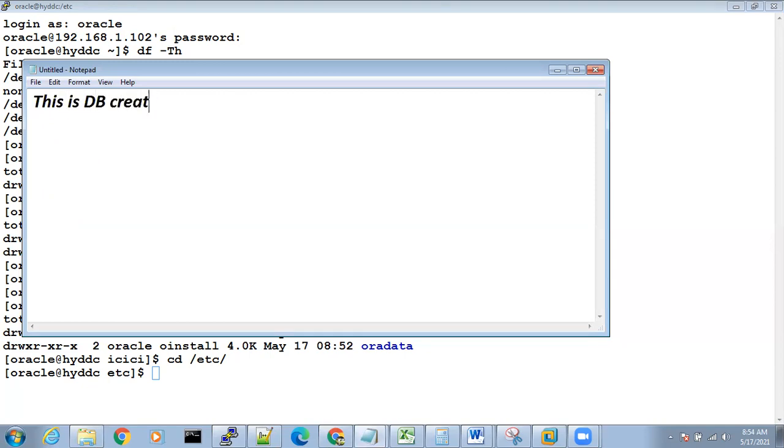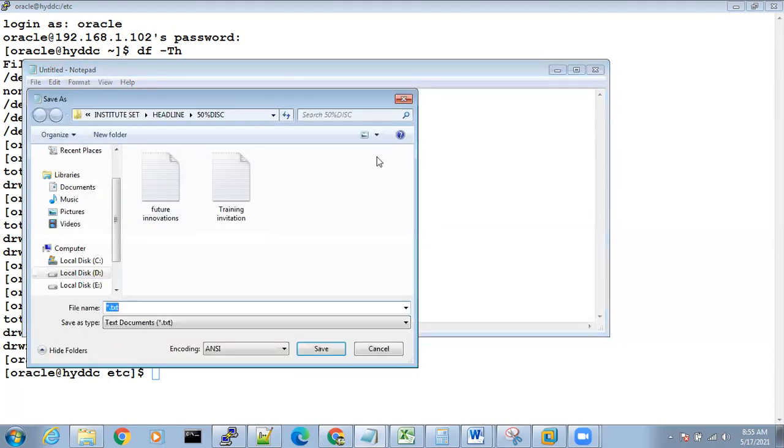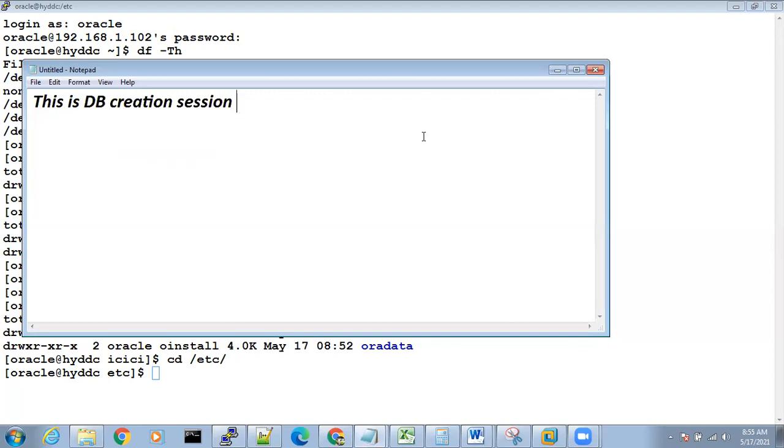Okay, this is DB creation session. You write something like this in the notepad, and if you want to save this, you will click on the save button, or else you can click on Control S, it will ask you, right?